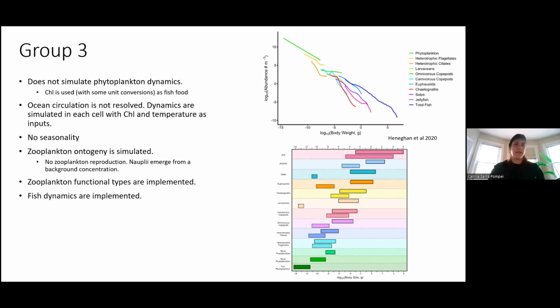As I say, zooplankton is simulated, but at least in this specific model, they don't really close a life cycle. I think they have some kind of seed starting concentration, and then the zooplankton just grow. And I think this method is also applied in other models. And they also have the fish dynamics implemented. So yeah, then